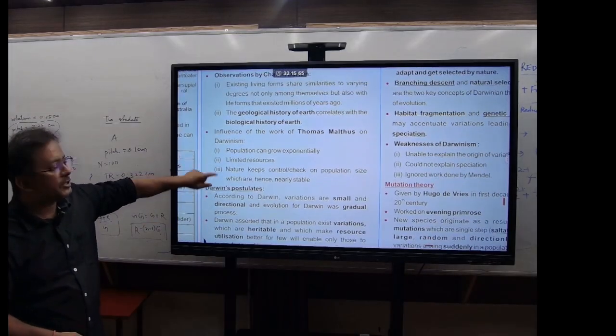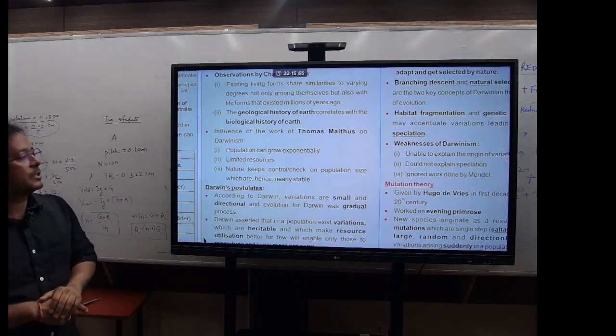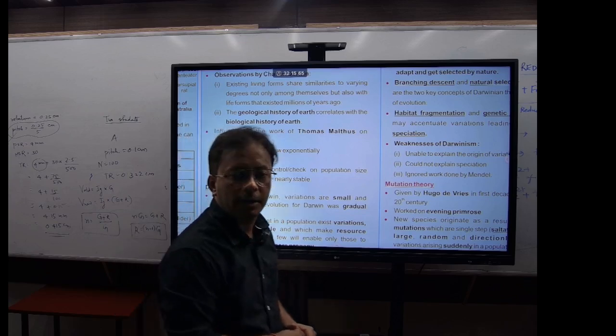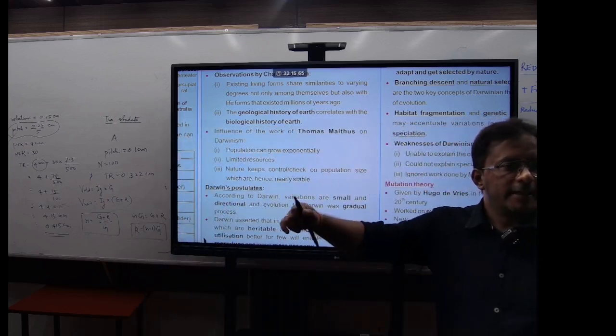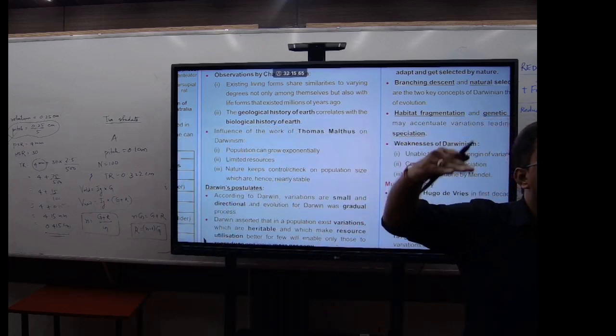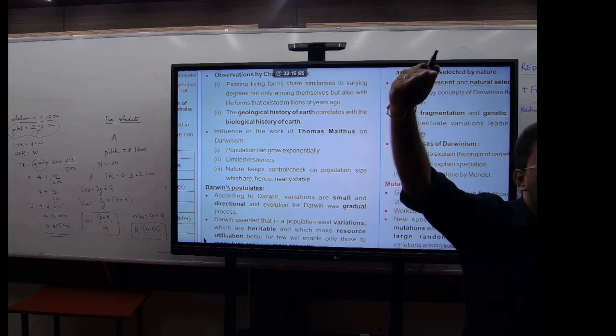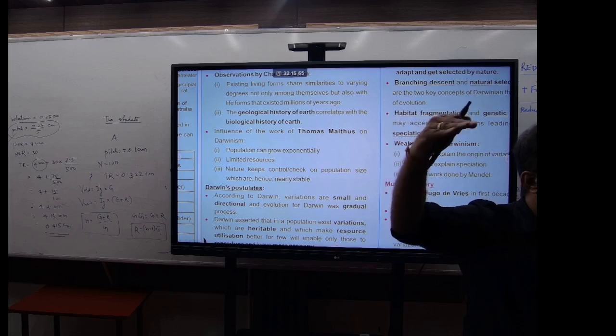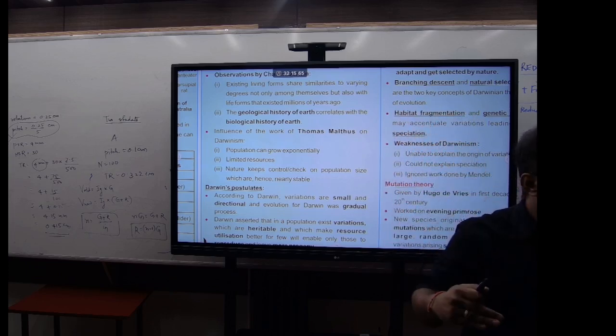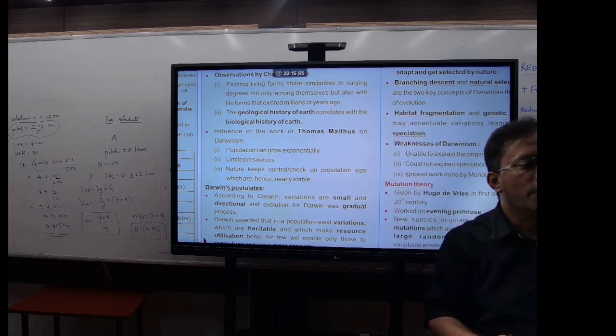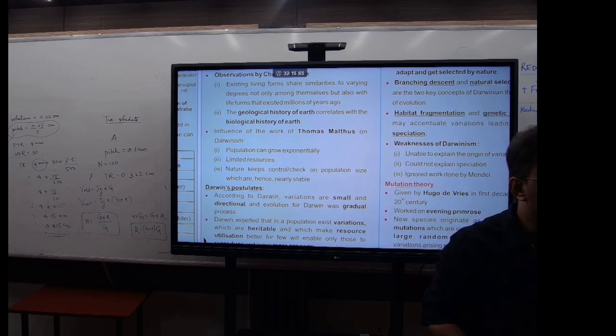And the geological history of Earth correlates with the biological history of the Earth. So earlier I said the sediments formed by the rocks. As you know the age of these sedimentary rock forms, you can also know the age of the fossils existed in those layers. I follow my point here, correct? Then,